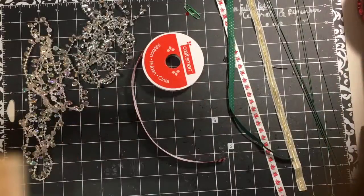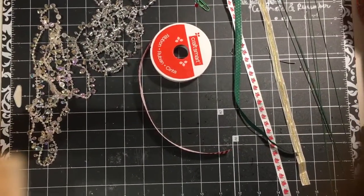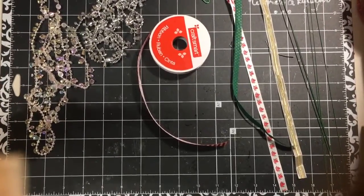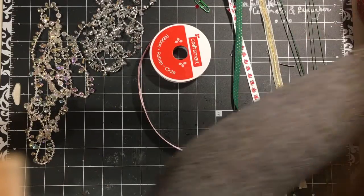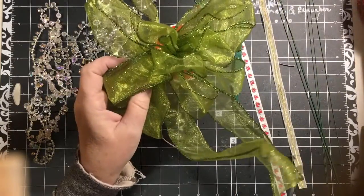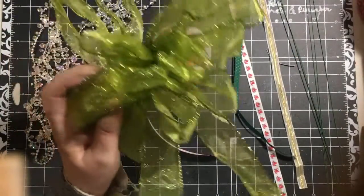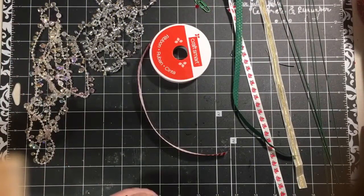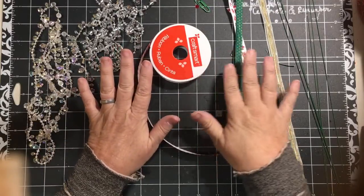Hi everybody, it's Julie and I am here with a tutorial on how to make bows for embellishments. So we're going to start with the small bows and then I'll do another video about making large bows and even double large bows and even the bow to put on your tree. Okay, so that will be in another video, but this one we're going to go ahead and do